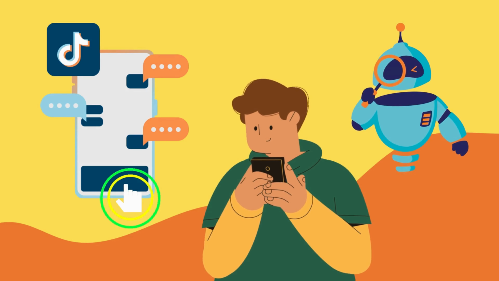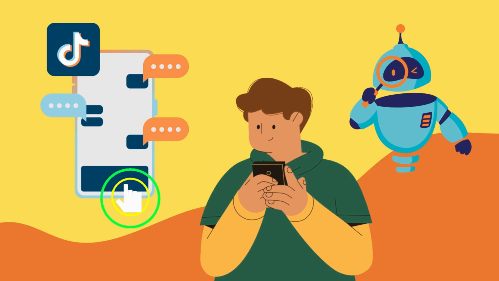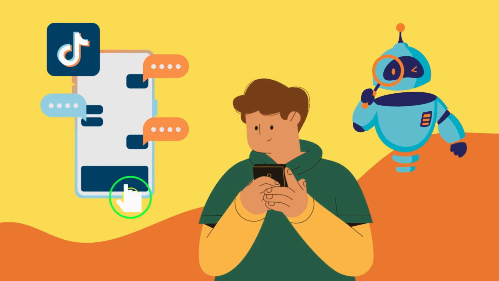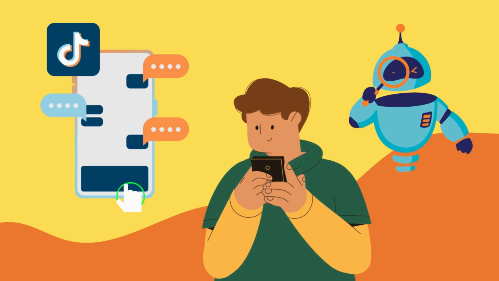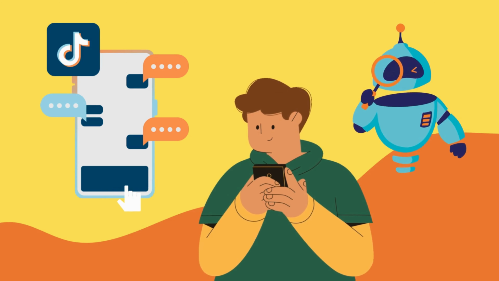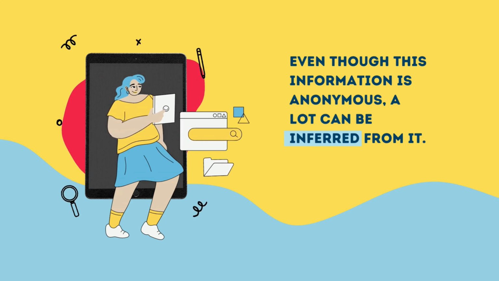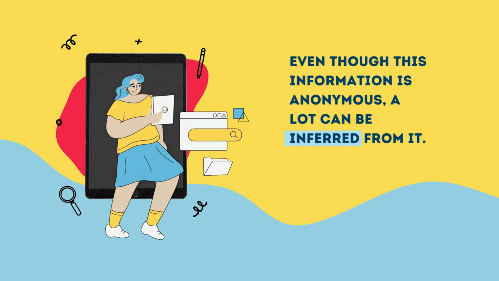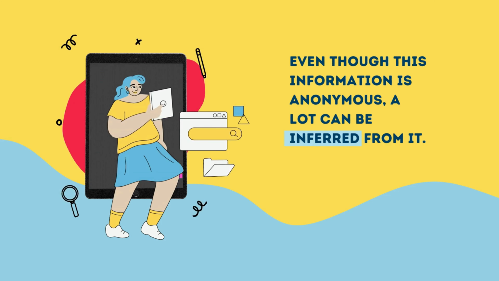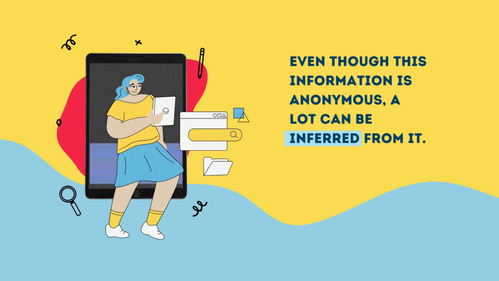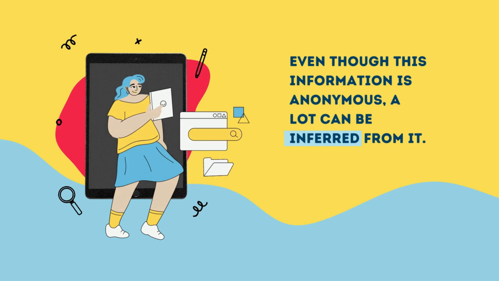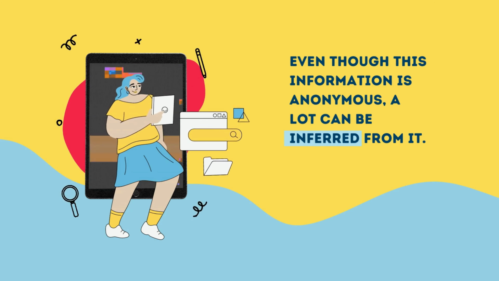Let's say somebody texts you a TikTok link because you don't have a profile on the app. When you open this link, anonymized data like your device type, IP address, what content you consume, and the last app you used before clicking the link are all collected. And even though this information is anonymous, a lot can be inferred from it. So the next time you open a TikTok link, the AI recommendation algorithm would suggest content based on your previous watch history. The more content you consume, the easier it becomes to determine your age range, gender, interests, even without a profile.